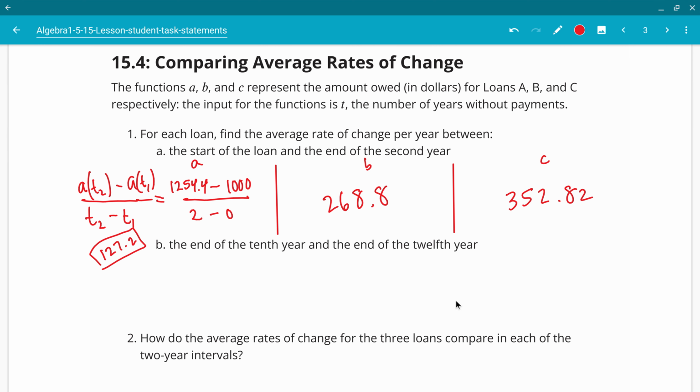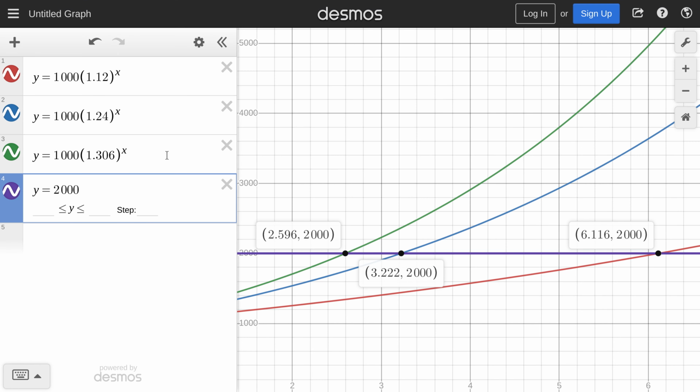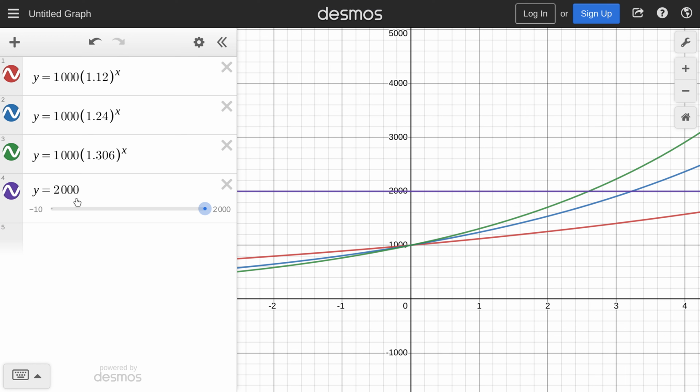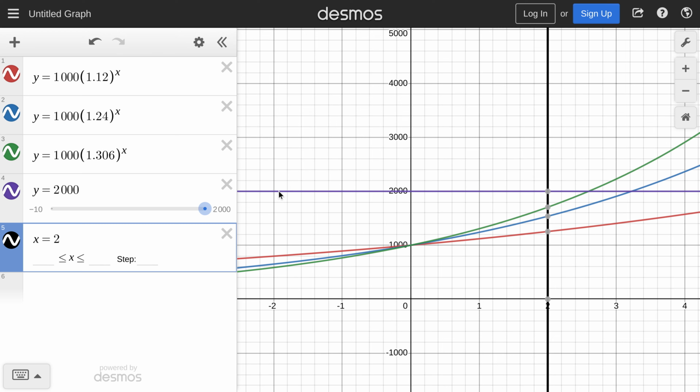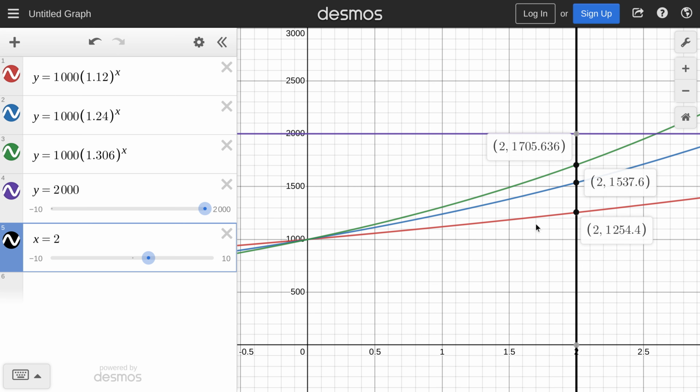Okay. And for part B, and you know what, before we do part B, let's go back and check our answer for part A using the graphing calculator because I promised we'd do that. We can go to the graphing calculator and check right here. We can check what our values are at x equals 2, and we can check these numbers right here. Okay. And we can see that all we have to do is take these numbers,